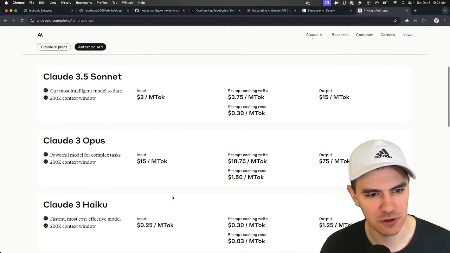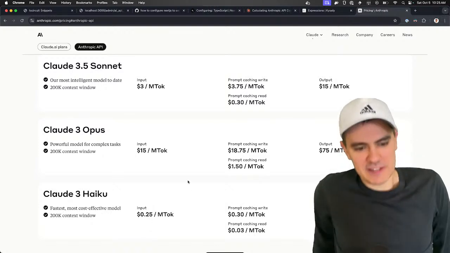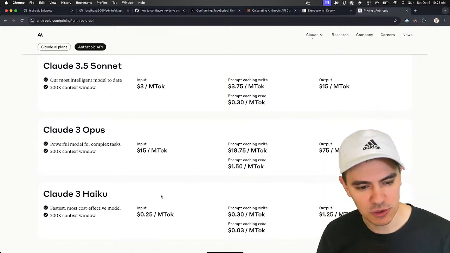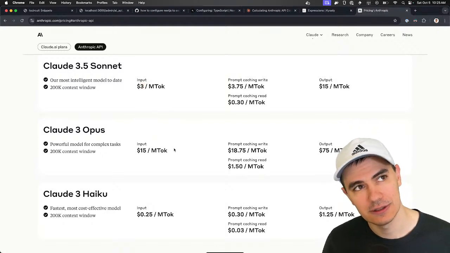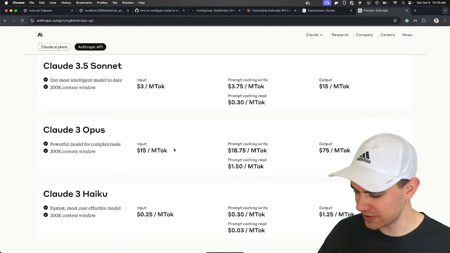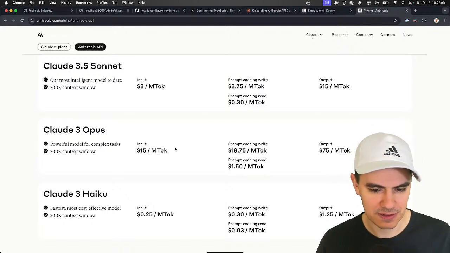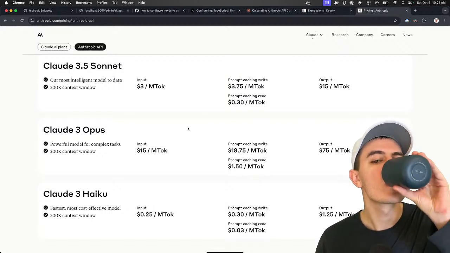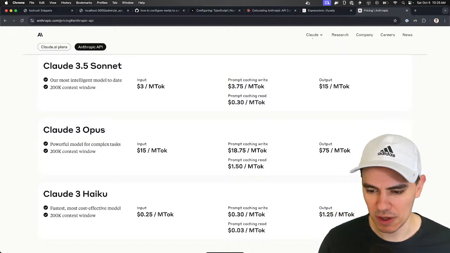Okay, so we can hard code these. You know what's funny is Haiku is actually more expensive than I thought. I thought Haiku was so cheap, but it's only like a 12th as much as Sonnet, so it's actually kind of expensive. It's very fast, though, so I like that.